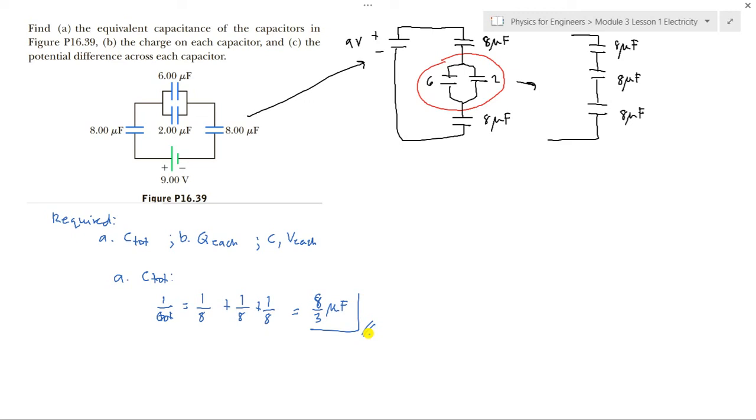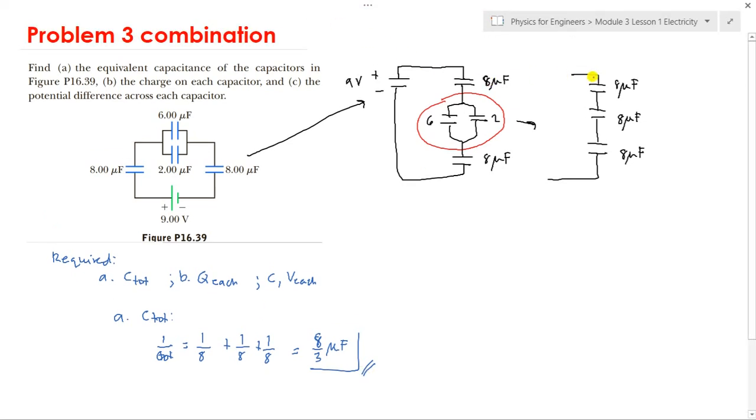The charge. Okay, anyways, for the charge there, you just solve the voltage. In series, the Q is equal for each capacitor. So the Q here, the Q here, and the Q here are the same. So that is what we will solve. So for letter B,